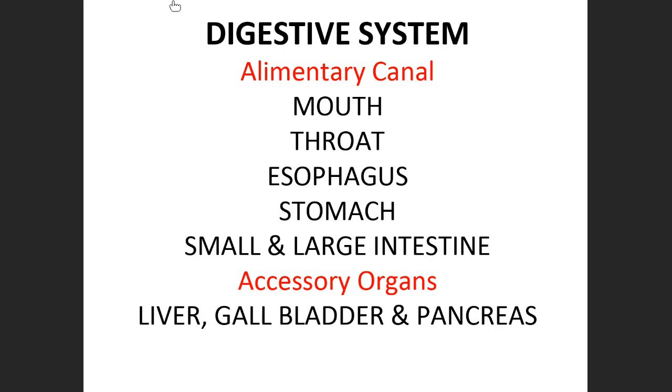So what you do is you have an enzyme in your saliva. The enzyme in your saliva is called amylase. And amylase is short for the enzyme name. Amylose is the name of starch, and ASE is the ending for all enzymes. So amylase is the enzyme that digests starch.